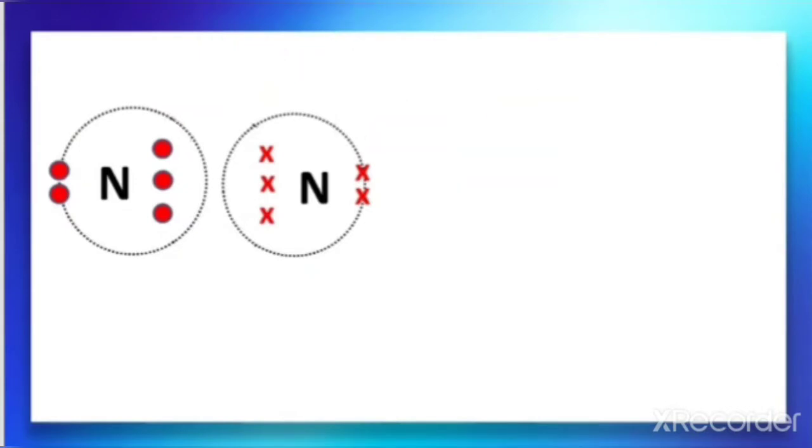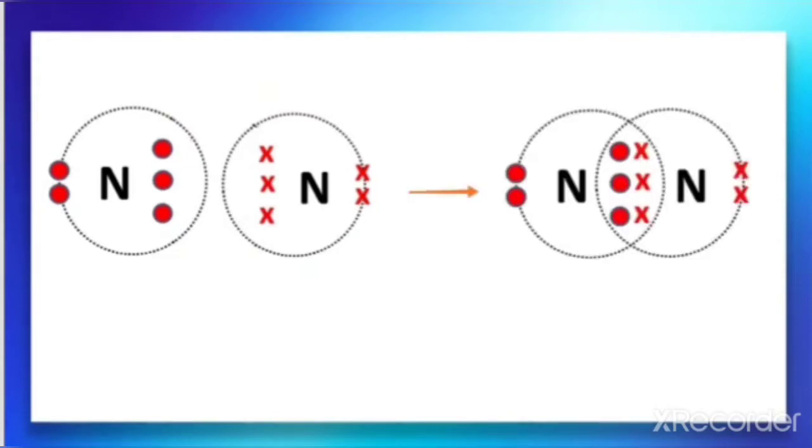So they will share 3 electrons and form a nitrogen molecule. So you can see here there are 3 pairs of shared electrons. There are 3 pairs, so we will represent it with N triple bond N, because here there are 3 shared pairs of electrons. That means if the 2 atoms share 3 electron pairs, that type of bond is called